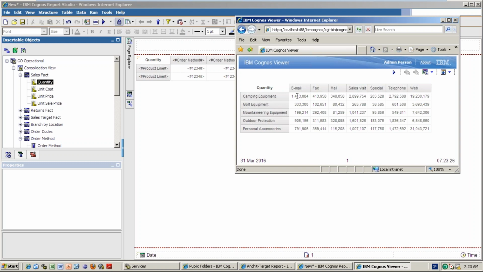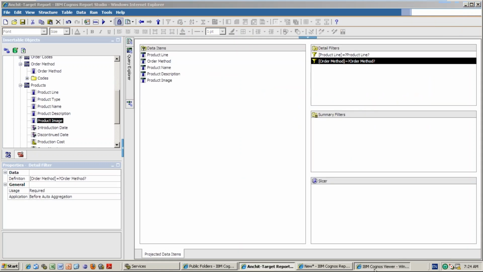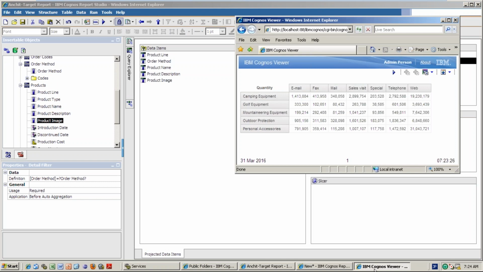I want to give some cursor here. If I click that one, it has to go to that report, and according to the camping equipment email, it has to show me the detailed level of information. The detailed level of information is already in the target report, right? So now from here to how to go to that report, that is what we need to see.